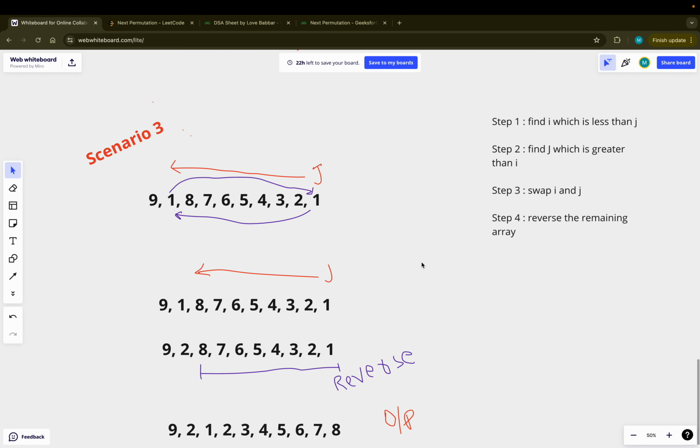This is the third scenario. Okay, this is the input array. Consider the last element as j. Okay, and try to find the I from left side to right side. Okay, which one is less than I, less than or equal to? If you come here,